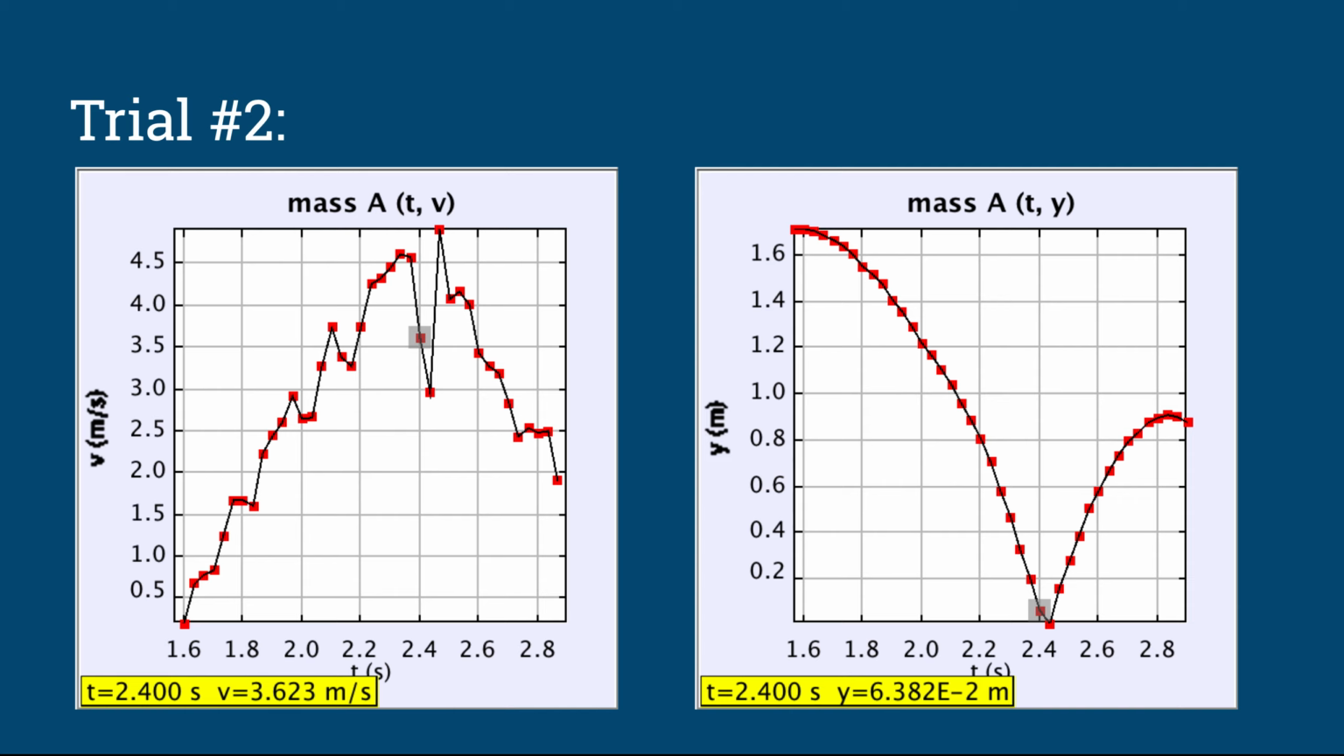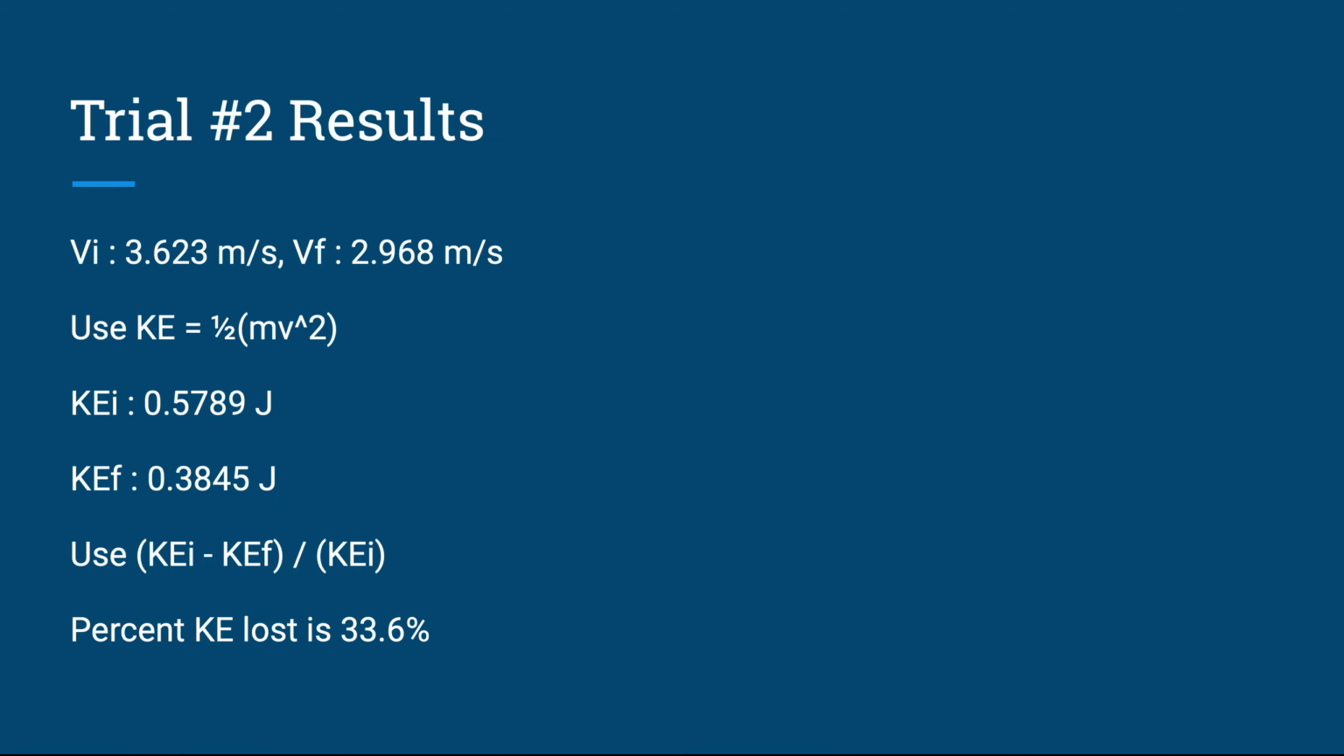Looking at this, you can see from our velocity graph that the collision occurred right around 3.4, just over 3.4 seconds, and that's our area of interest of just before the collision and just after the collision. So from our results, we used the tracker algorithm to find initial and final velocities, and then used the KE equation of 1/2 mv squared to find kinetic energy initial and final. And then using the equation KEI minus KEF over KEI, we found that this scenario had a 33.6% loss in